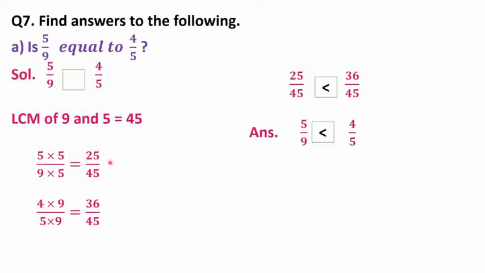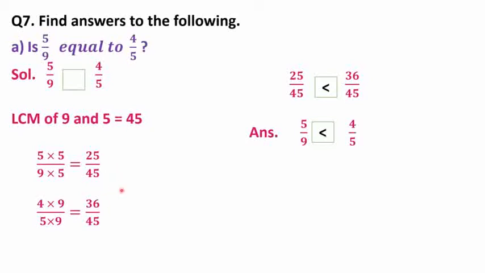So children, when we find the like fraction as well as the equivalent fraction of 5 by 9, we will multiply the denominator by 5 to get 45, and the numerator also we will multiply by 5 and we get here 25. Now we are getting the fraction 25 by 45 and our next fraction is 4 by 5. So what will we multiply to 5 to get 45 in the denominator? That is 9. Okay, so when we multiply 5 into 9, we get 45. So the numerator also we will multiply by 9. So that is 4 into 9 equals 36. So we are getting 36 by 45.